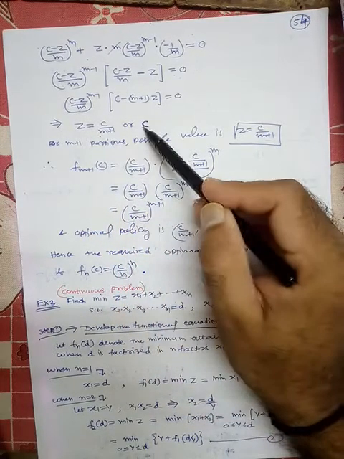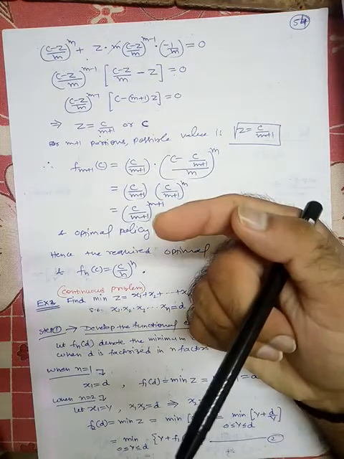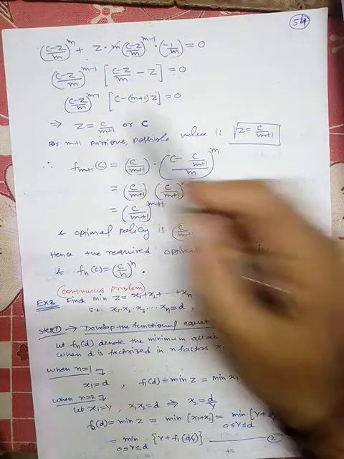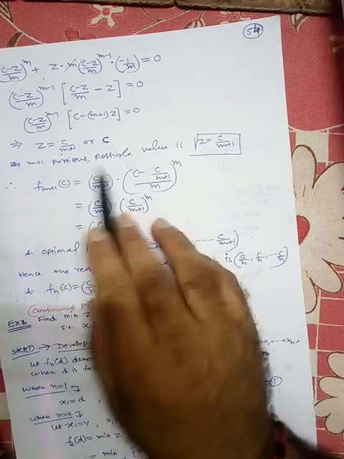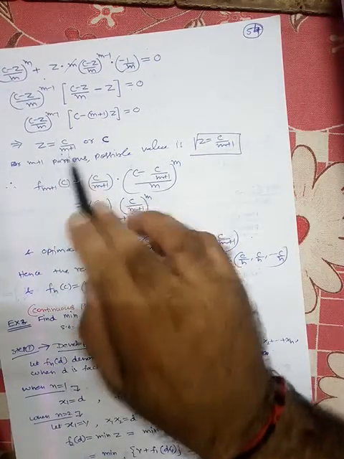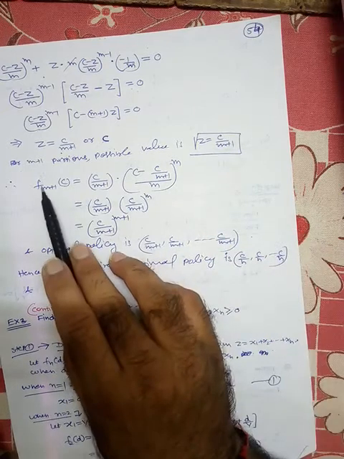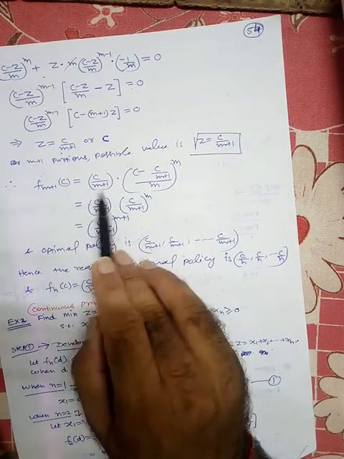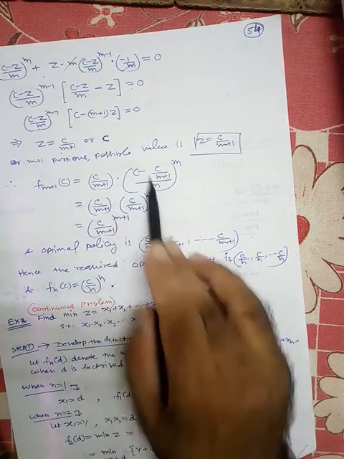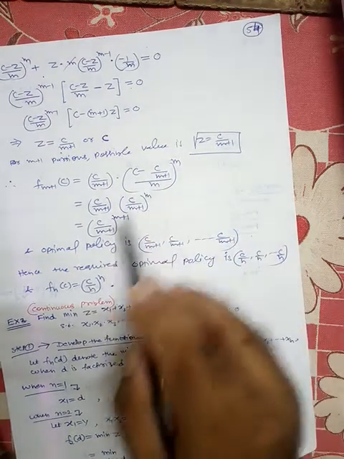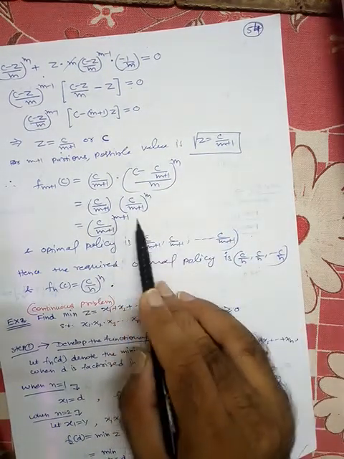Again if z is c, then we are having only one partition, which we have already discussed. So let's see, we will take this for feasible possible partition. So we take this quantity, z is c upon m+1. So f_{m+1}(c) is (c upon m+1) times ((c minus z) by m) raised to the power m. After simplification we get (c upon m+1) raised to the power m+1.